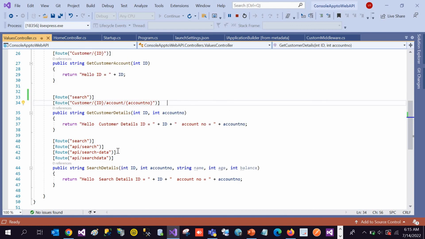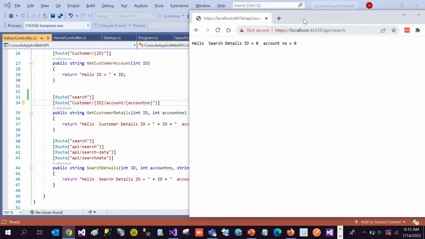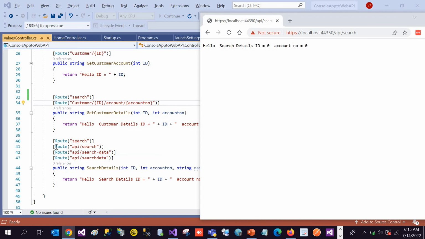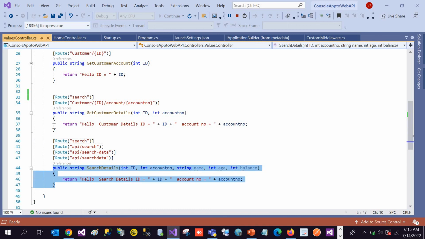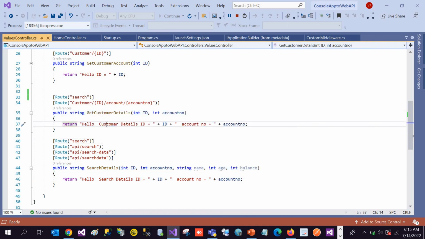So the key point here is that we cannot provide the same routing URL to multiple resources. Or we can say in layman's terms that we cannot have the same routing URL or pattern for two different action methods or multiple action methods. If you remember,